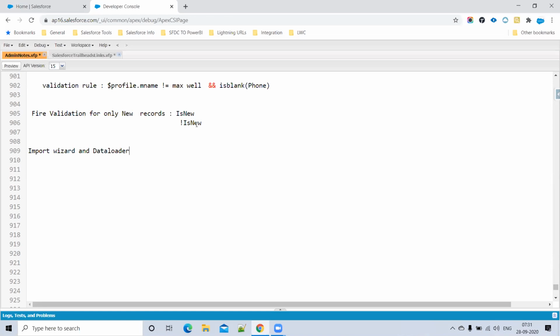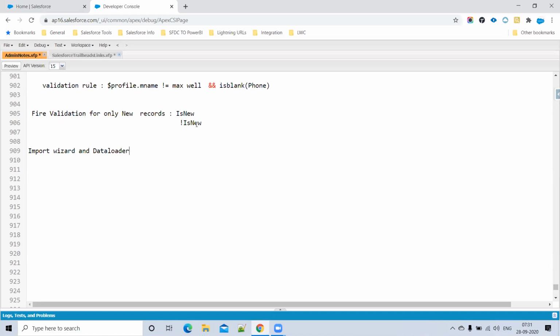The import wizard doesn't have a delete option, whereas data loader has. Import wizard supports scheduled imports, whereas data loader doesn't support scheduling. Data loader has export options, whereas import wizard doesn't.